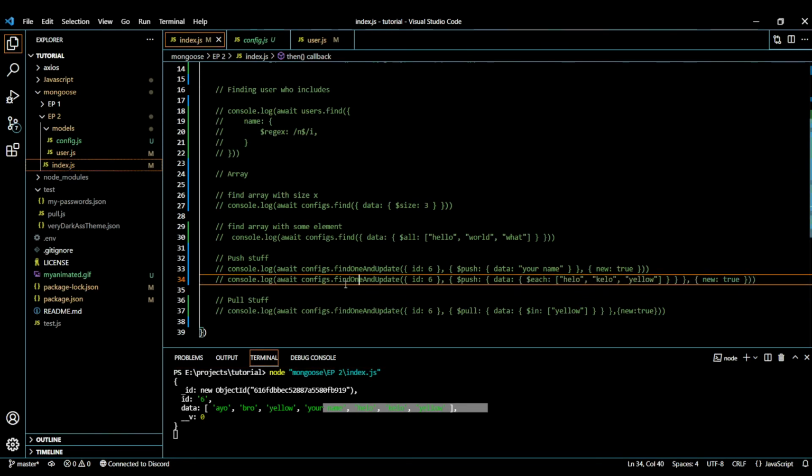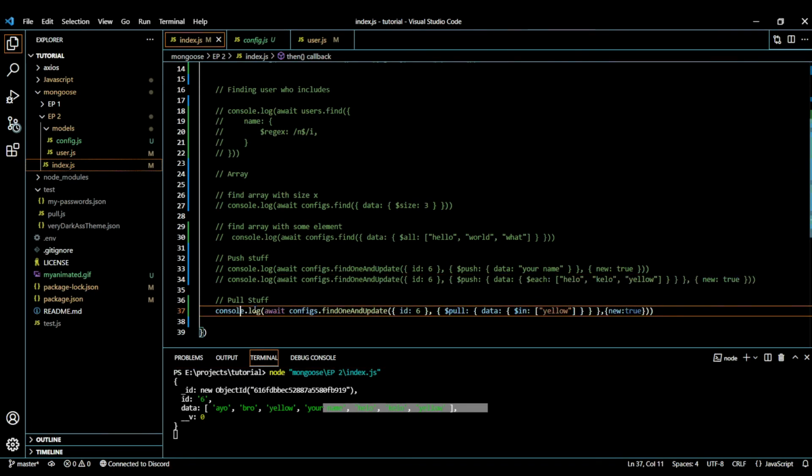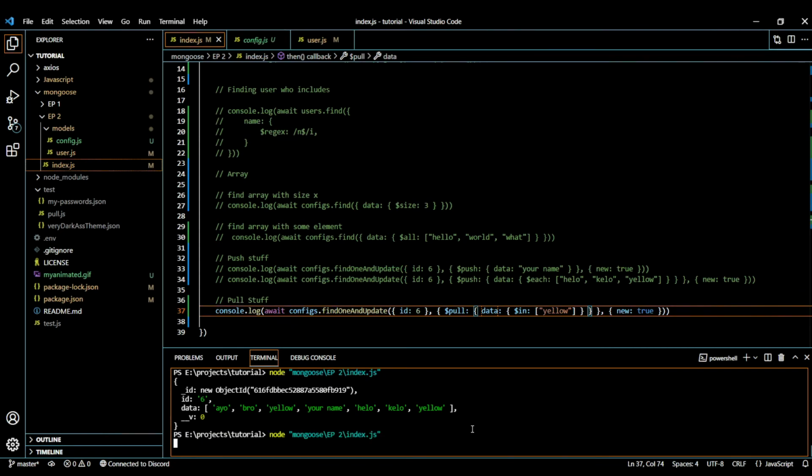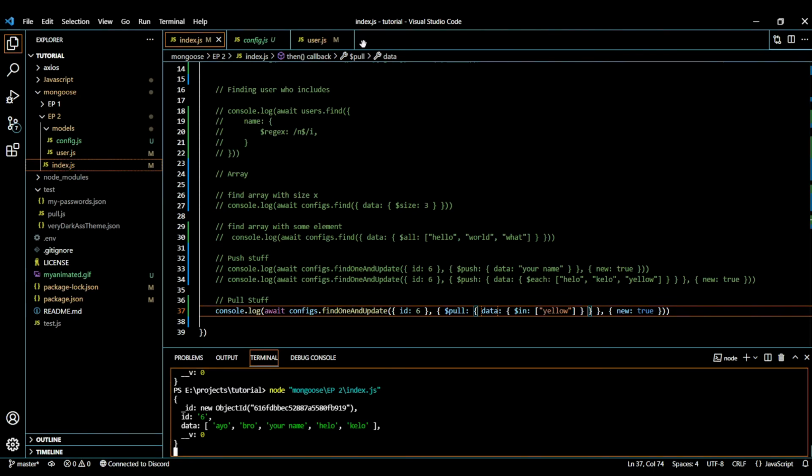But now you might say, Shishui, I want to remove some stuff from an array. So for that, we will use the $pull thing, and inside we will provide the key, of course, and we are using the $in thing here. Well, you might wonder what is that. Well, I mean, of course, if you are watching this tutorial, then most probably you do not know that.